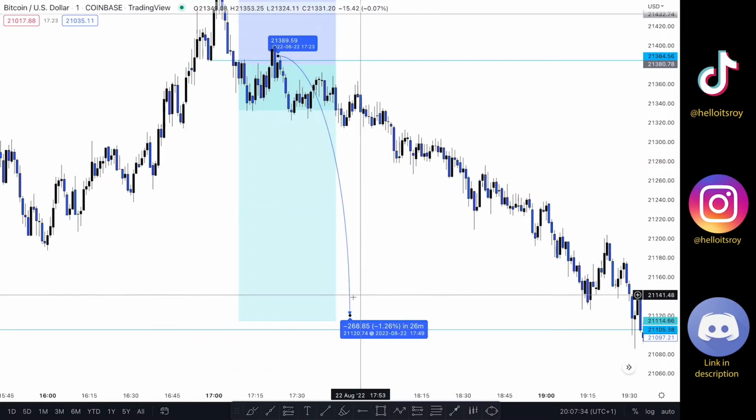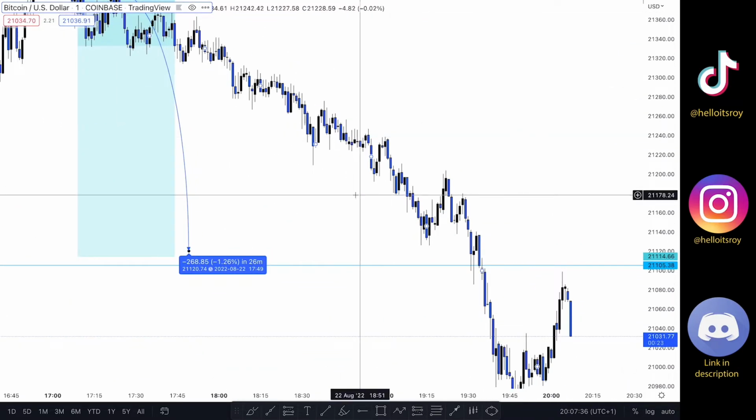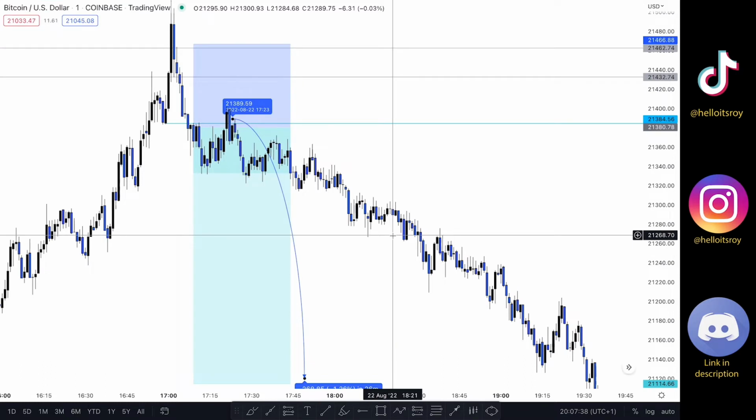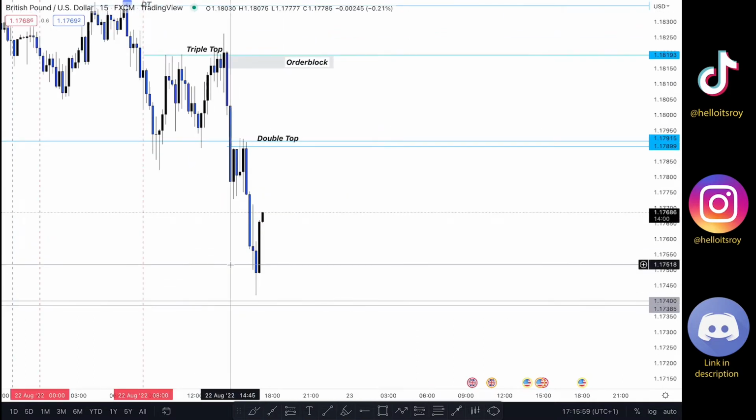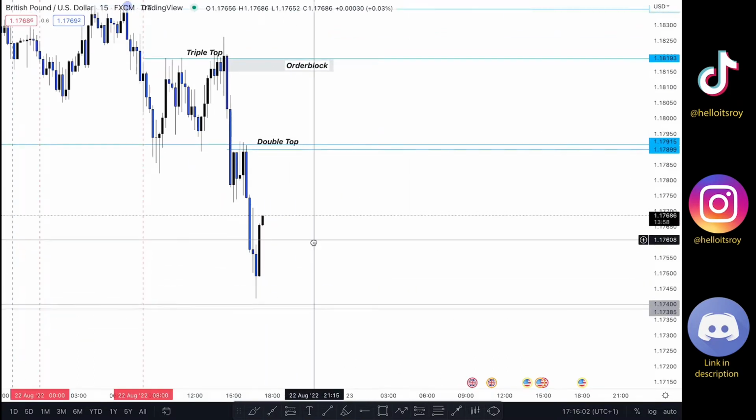As you can see here, BTCUSD just hit my profit right here a while ago. I'm going to be focusing on GBPUSD for the rest of this trading session, and we'll see how it goes. I just called out on Discord that I want to buy GBPUSD as soon as it hits this line right here.